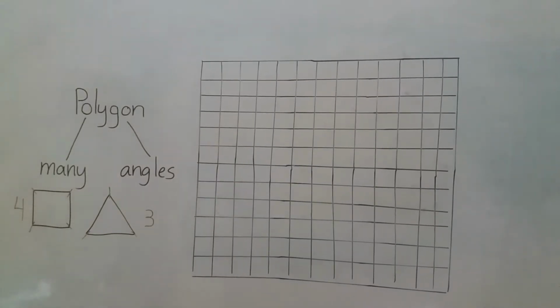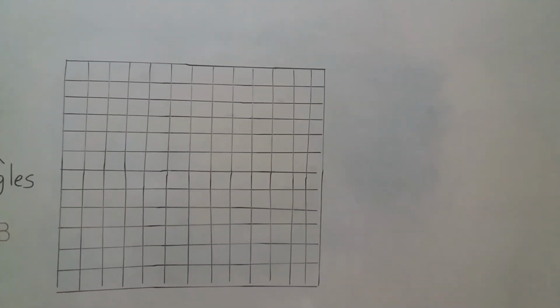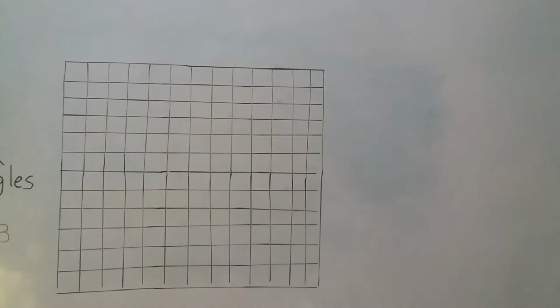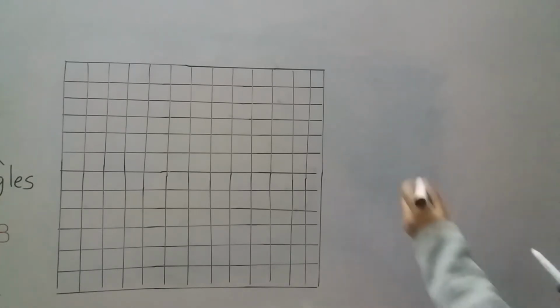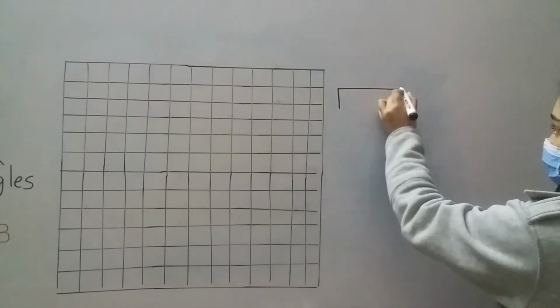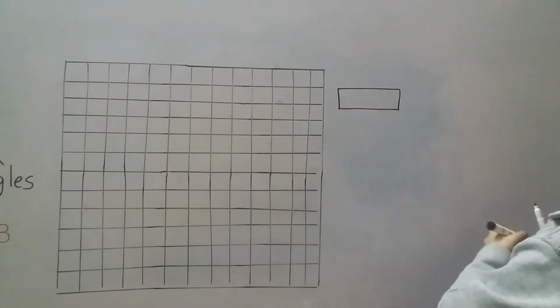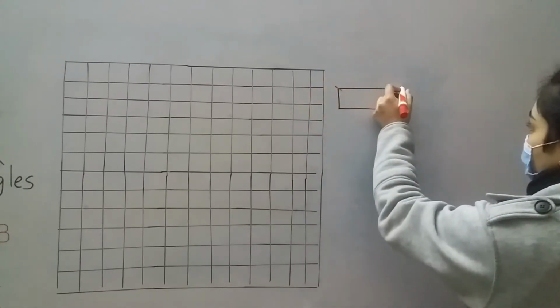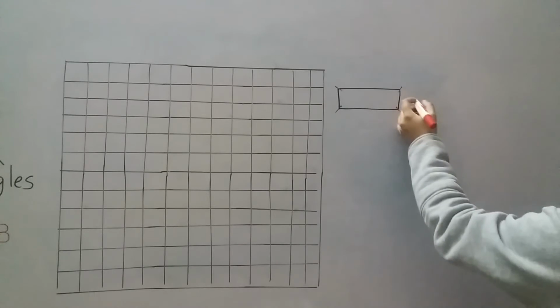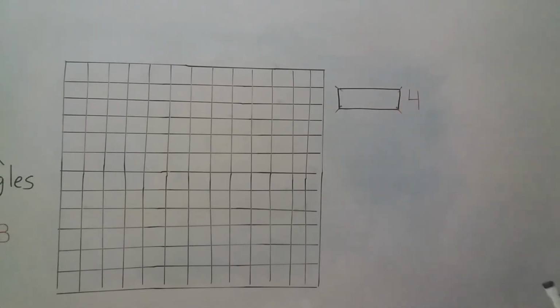Alright. Now let's do one more over here, or we can go to that side. Okay, we have a lot of space on that side. We have done square and triangle. Alright, what about other shapes? Do you recall any other shape that has sides? One that I remember is a rectangle. You see, 2 sides equal and then 2 sides equal. How many sides in total? A rectangle also has 4 sides. 1, 2, 3 and 4. 4 sides, 4 angles. So rectangle is also a polygon.